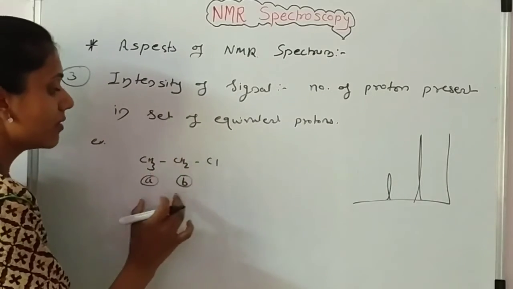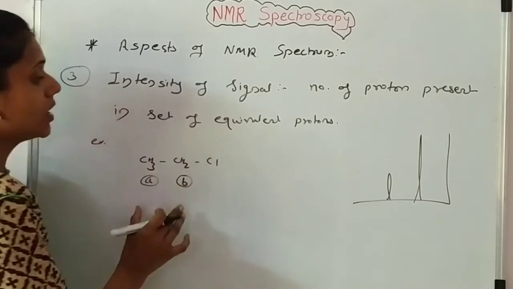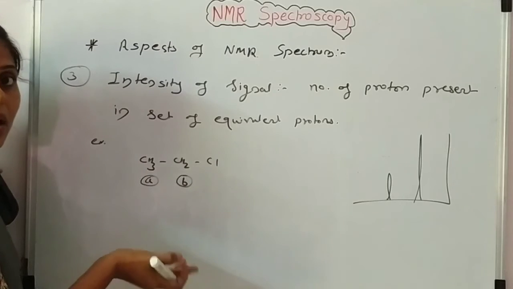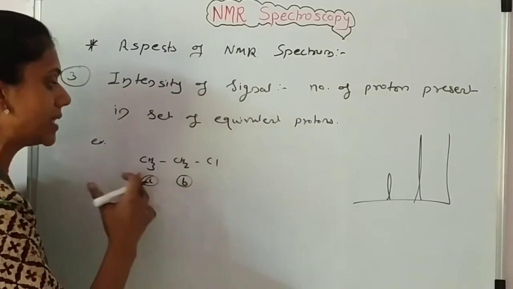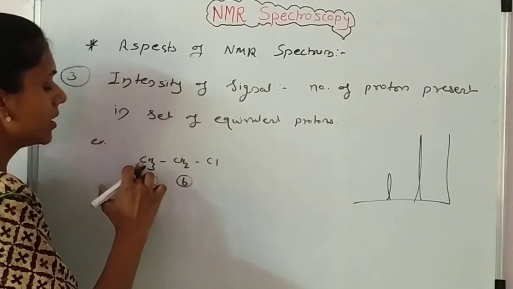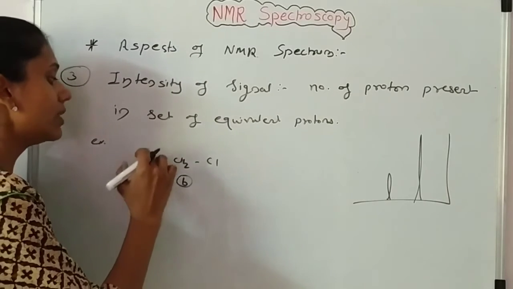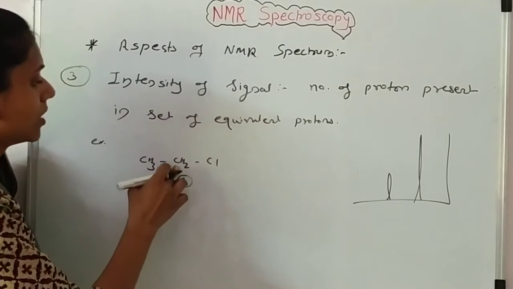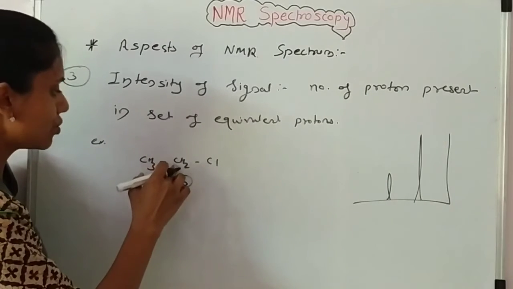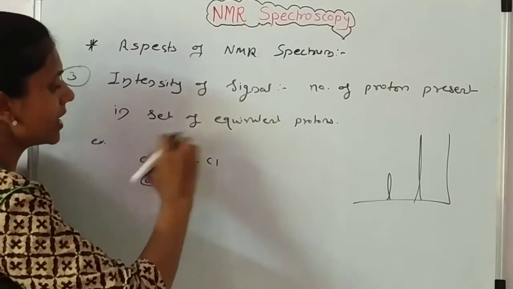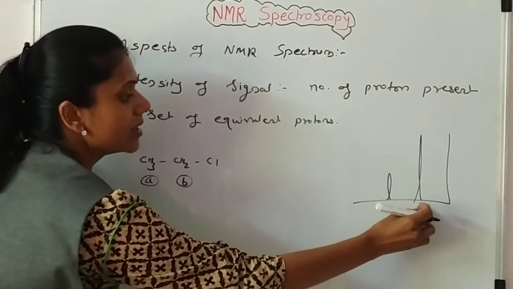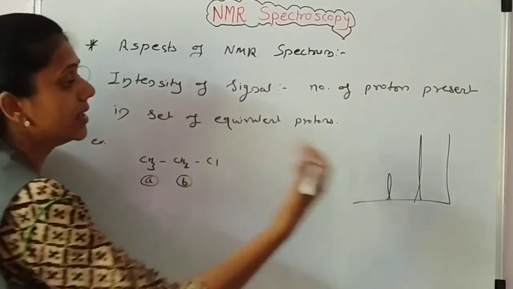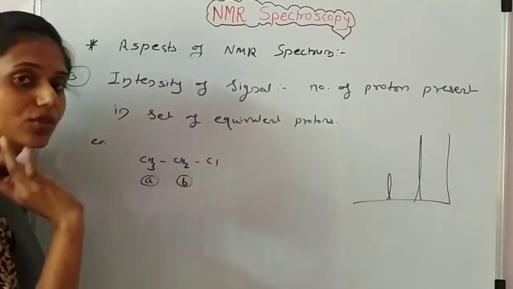Okay. Now, how many signals do we get? Here two signals. Okay, I have drawn here two signals. Next point is position. So position is different, since these protons have a different electronic environment. That means the CH2 group is there, and this CH2 has a CH3 and Cl. So different environment. So one signal is obtained here and another here. And why this here and this here? The position I will tell afterwards.